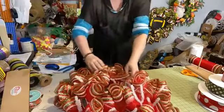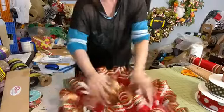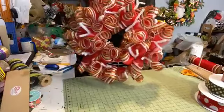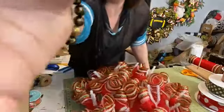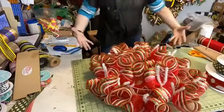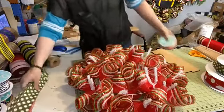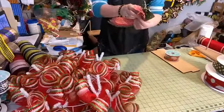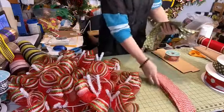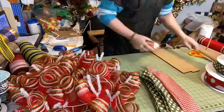Alright, okay, guys, there's our base. Dun, dun, dun. There's our base. Alright, so I'm going to go ahead and bring this down a smidge so you can see it a little better as it catches me again. Like I said, I already cut some of these ribbon tails ahead of time. These are 14 inches. Okay, so I used this ribbon here, and we use this ribbon here, and then I'm going to go ahead and use